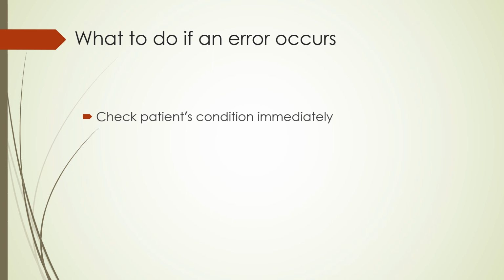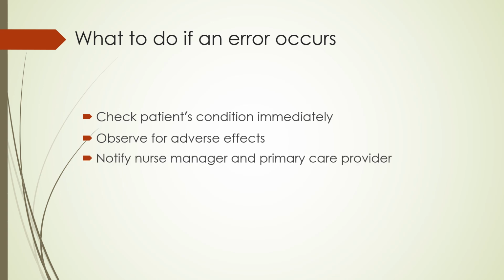If a drug error occurs, the first thing we need to do is check on our patient. Remember, assessment is the first part of the nursing process, so go assess your patient. The person could be dead in the bed before you go and do anything else. After we assess our patient and potentially do some life-saving interventions, we need to notify the charge nurse or nurse manager and the provider. Then we need to follow our facility's policies for reporting errors. Some use incident reports, some use variance reports. It's facility specific, and we're going to learn more about incident reports in a later week.